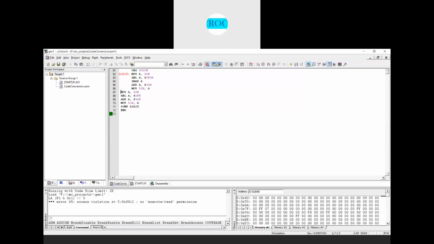Structure the code. Right, this is the code we have written for converting the BCD numbers to ASCII.